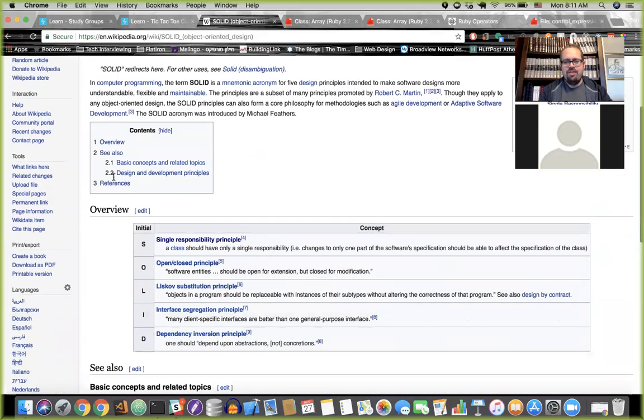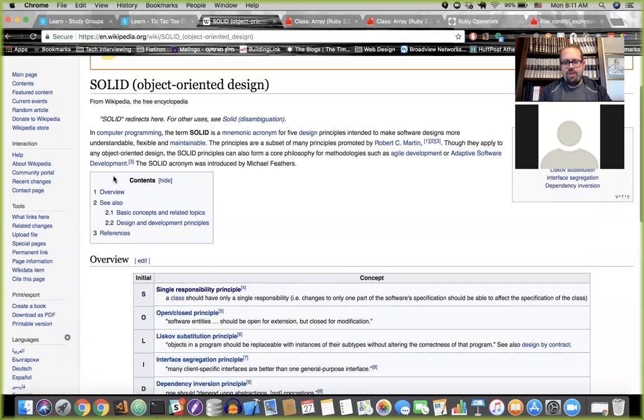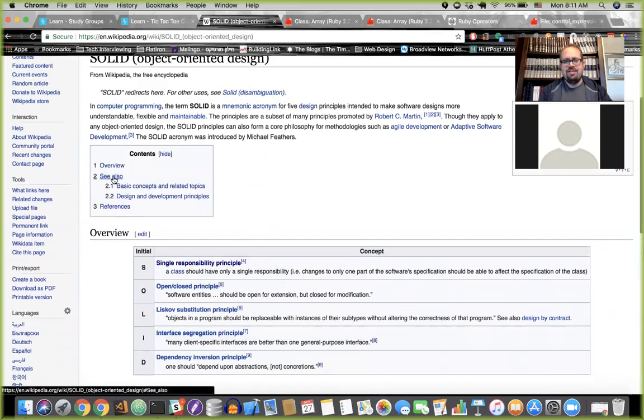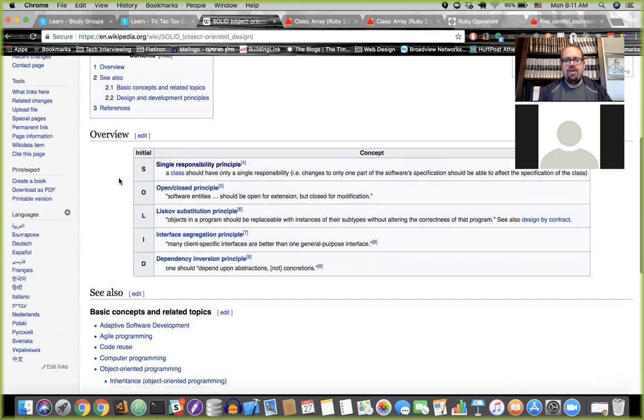This is from the source of all knowledge in the world, Wikipedia. SOLID is an acronym. S stands for single responsibility principle. O is open-closed principle. L is the Liskov substitution principle. I is interface segregation principle. And D is dependency inversion principle. We're only going to focus on the S today, which is the most often occurring. The single responsibility principle essentially is that every single method, every single class, every single function you create